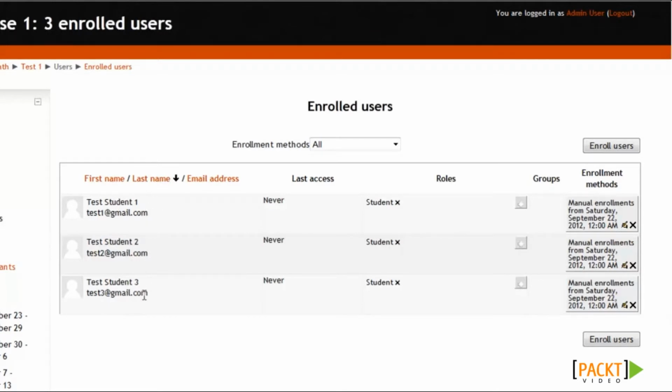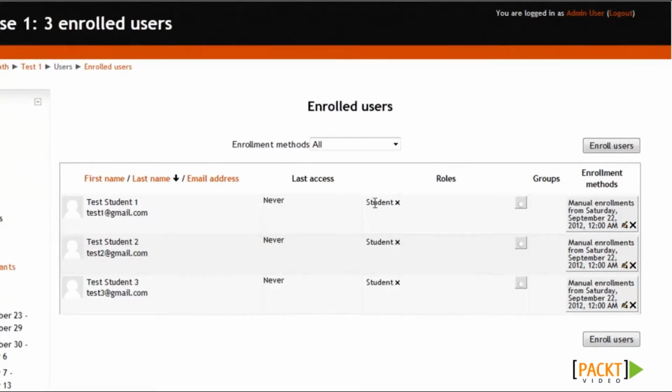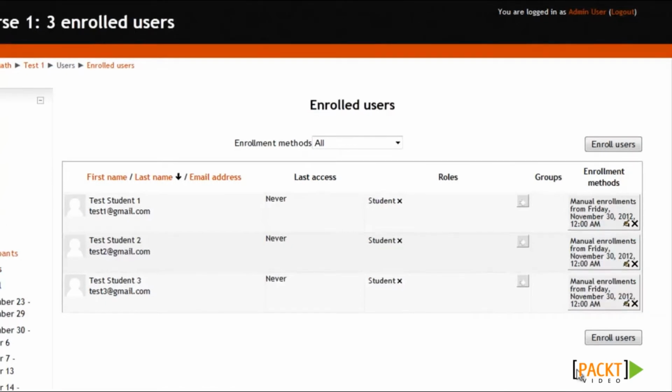So this is everybody who is listed, who is enrolled or even has access to the course. And then you can see the roles here. So if you had some teachers also in here, or one teacher in most cases, you would see it would say teacher right here. So now that we have our students enrolled, let's add a teacher who will be able